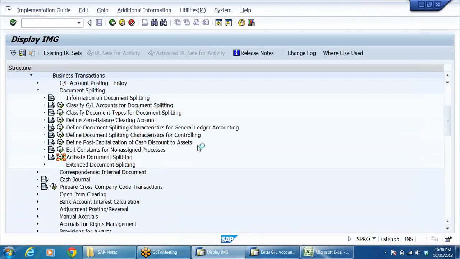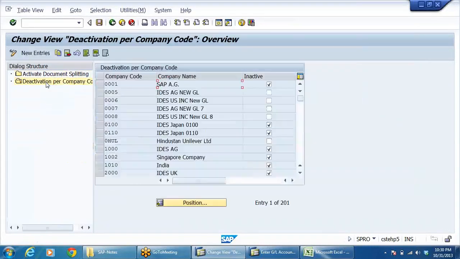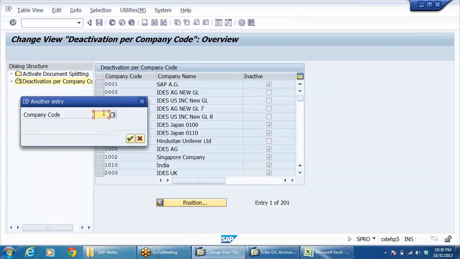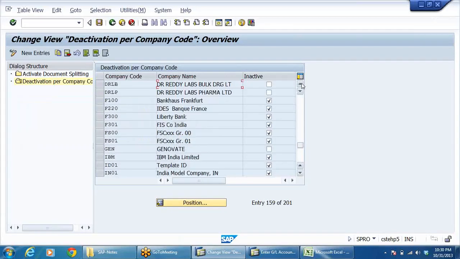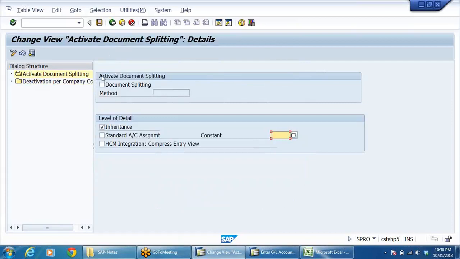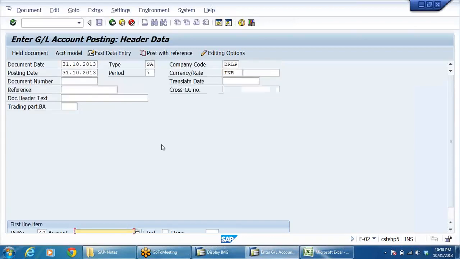Here we should see that document splitting is not activated, of course. Okay, when it is inactive here itself, no problem. So I can post the accounting entry now.